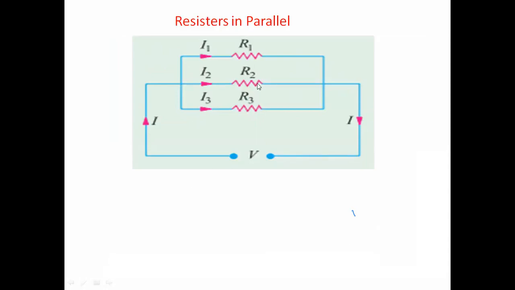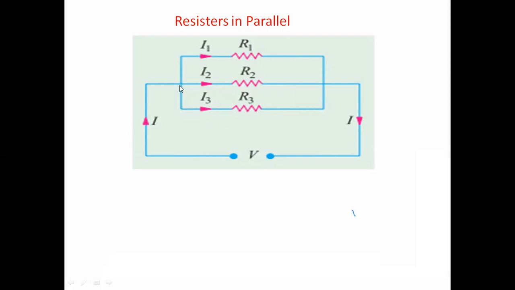Here we have resistors R1, R2 and R3, three resistors, and these three resistors are connected in parallel. This is the one resistor, this is the R2 resistor, this is the R3 resistor, and one side of all three resistors is connected together, and the other sides of the three resistors are connected to the other side. This type of connection is called parallel. When we apply a voltage across this parallel combination of resistors, we have a current I due to the applied voltage.